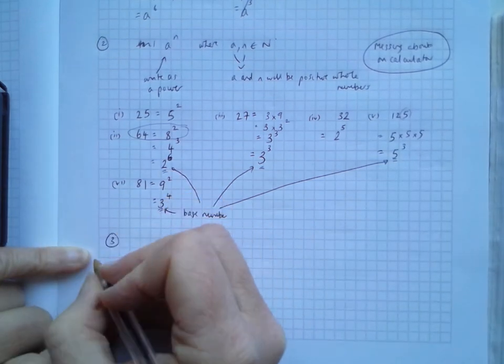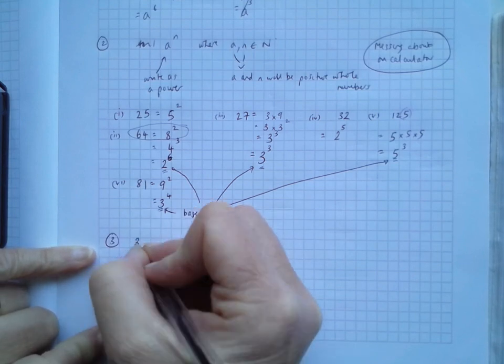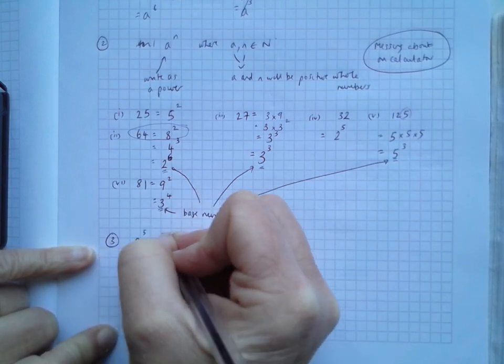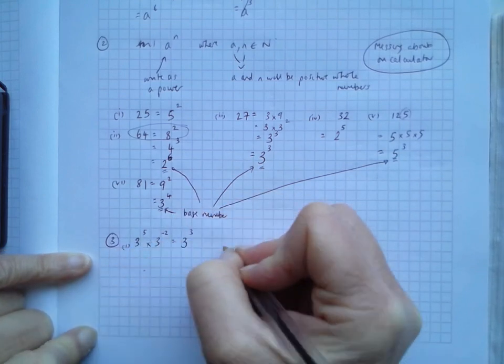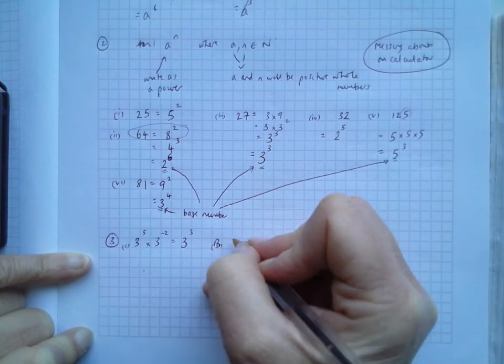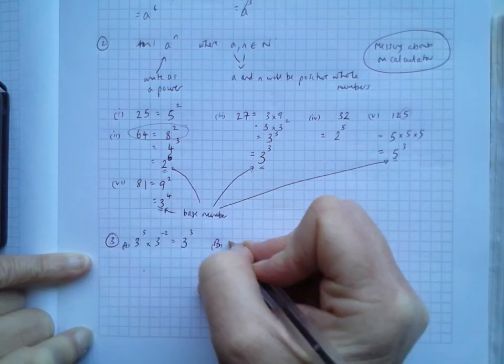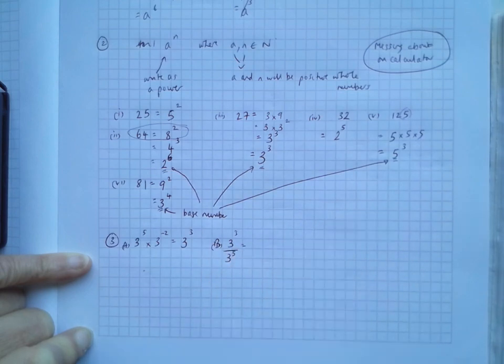Okay, question 3. What does the question mark stand for? In other words, work out the question. So 3 to the power of 5 by 3 to the minus 2 is 3 to the power of 3. 5 plus minus 2 is 3. Part B, that's A. 3 cubed over 3 to the power of 5 is equal to 3 to the power of 3